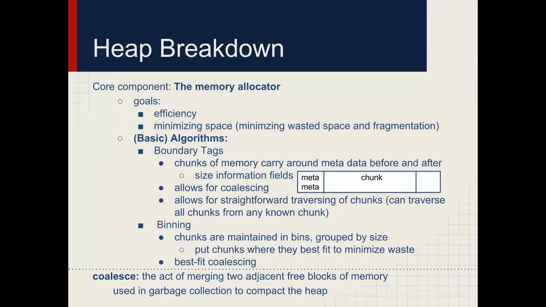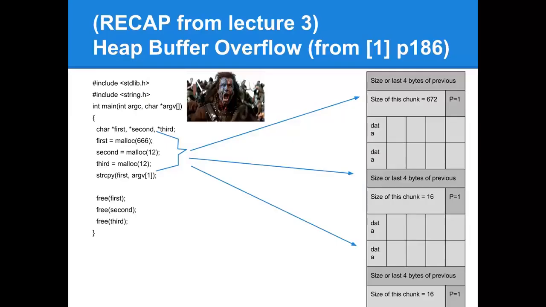And this is an old slide. It's essentially telling you that for each chunk, you're going to have metadata at the beginning, metadata at the bottom of it, and that chunks are grouped into bins. And usually there's some form of best fit algorithm to minimize waste. And it's also going to be a doubly linked list. And, well, we've covered effectively